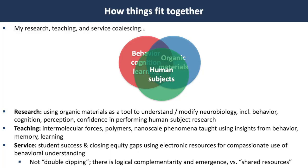All right, so how do things fit together for me? It all has to do with the human connection. My research, teaching, and service have sort of coalesced. Organic materials, that's my core research interest. Organic materials, chemistry, starting out as a chemical synthetic person, and then that led me to flexible electronics and haptics,